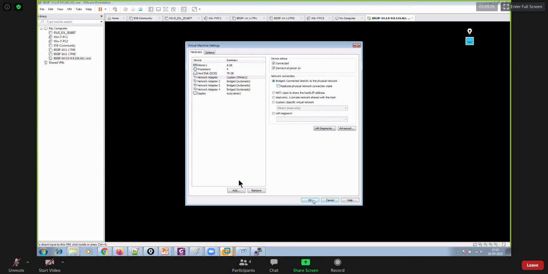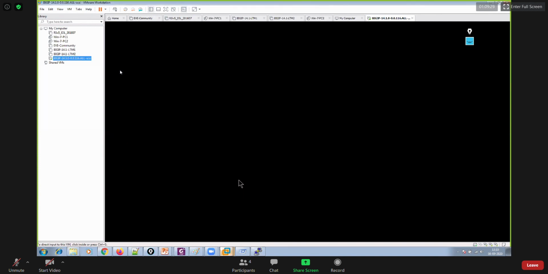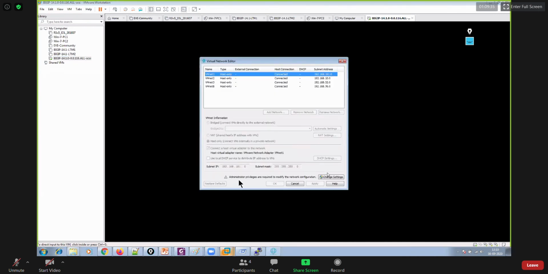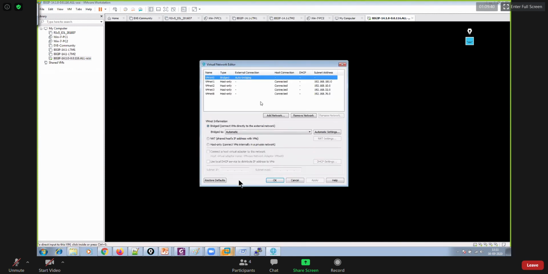Right, and okay, and thereafter edit, virtual network editor, change settings, then VMNet 1, bridge.